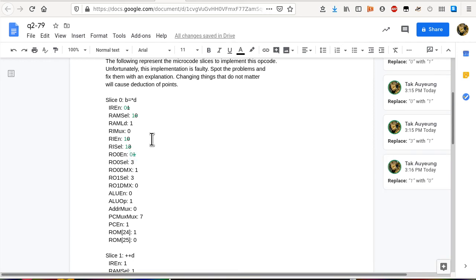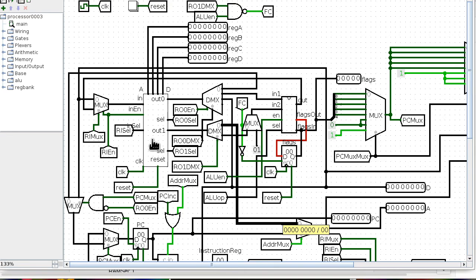And as a result, register output 0 select can be anything we want. It doesn't really matter. Same thing for the demultiplexer, which can also be anything. Register output 1 select needs to be 3 because we are using register D to drive the address port of RAM. And then the demultiplexer needs to be specified because we need